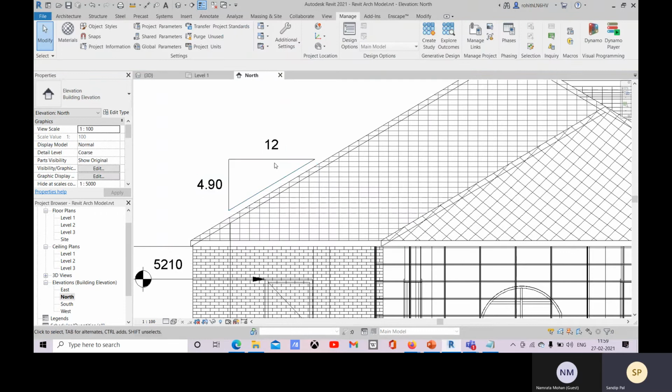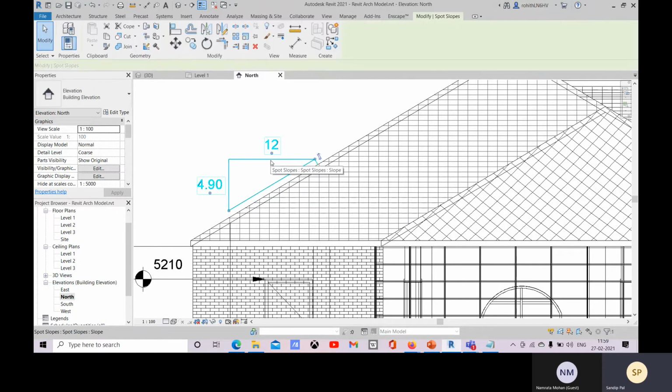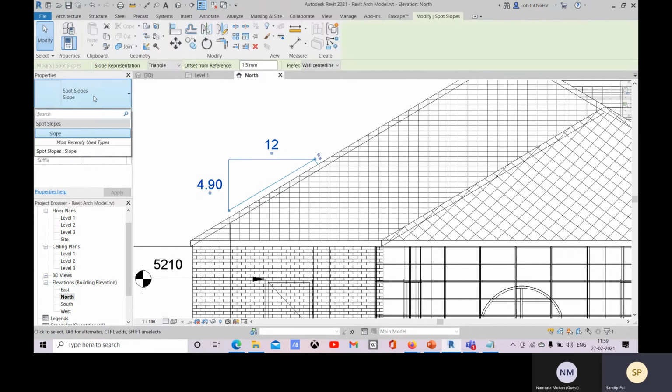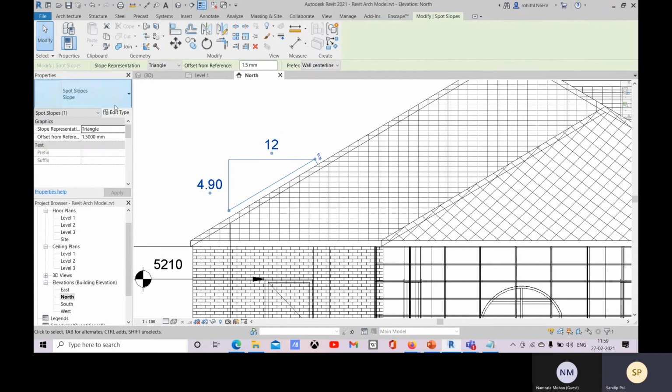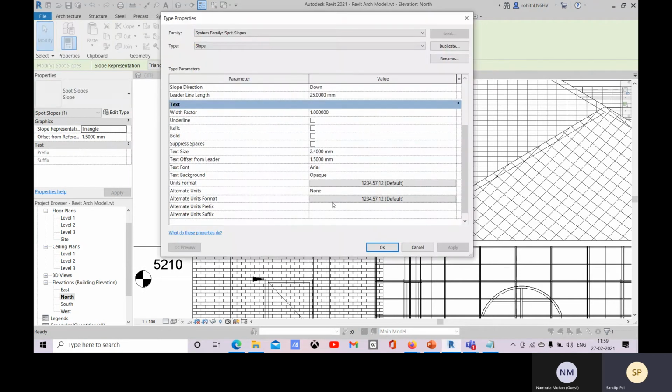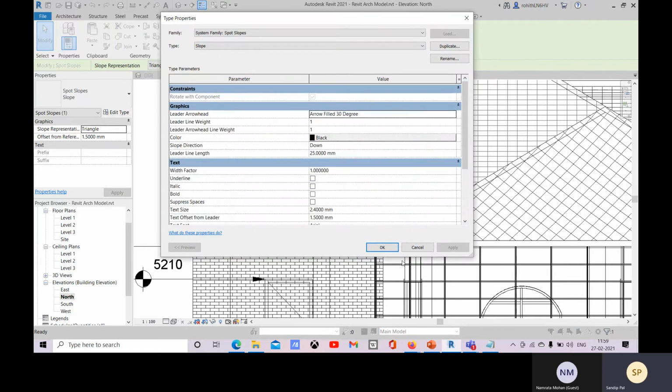Now here you can see, right? So with these parameters you can set this type. You can create some types, and if those are available like this, you can simply choose that type and will get it. Otherwise you can go with this type parameters, and there you can change all this. Okay,